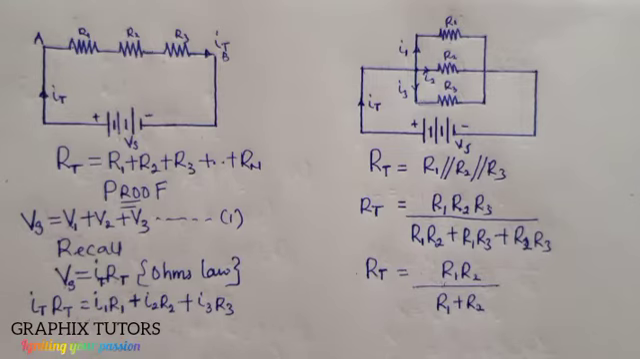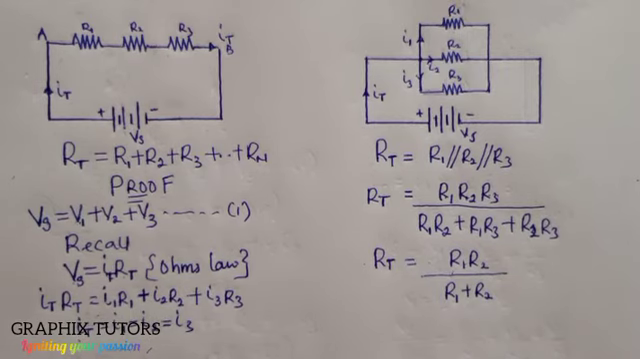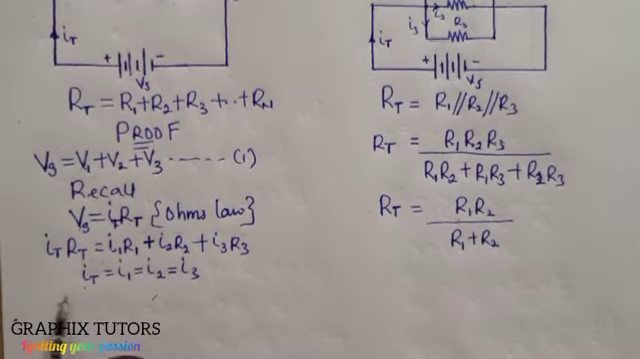Now, we said earlier that the currents in a series connection are the same. So it means that the total current is the same as each of the currents associated with each resistor. So I total is the same as I1, I2, and I3; they are all the same. So I can decide to say that the I total R total, or R equivalent,